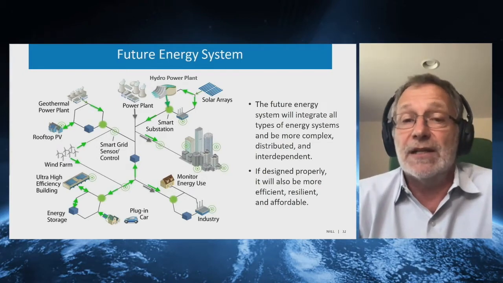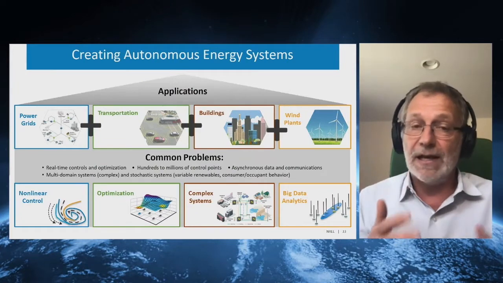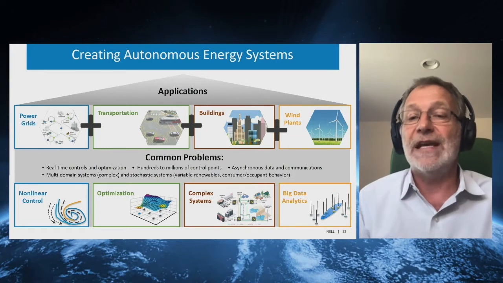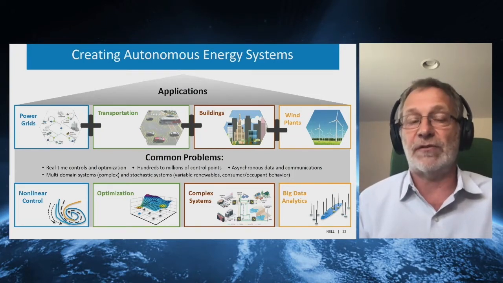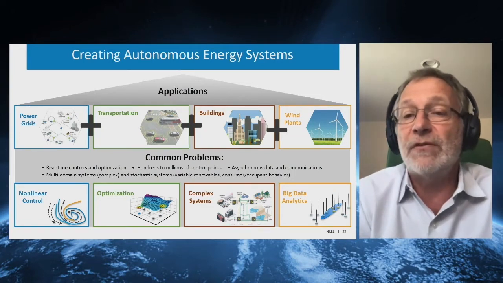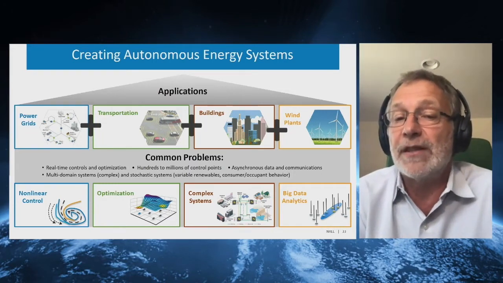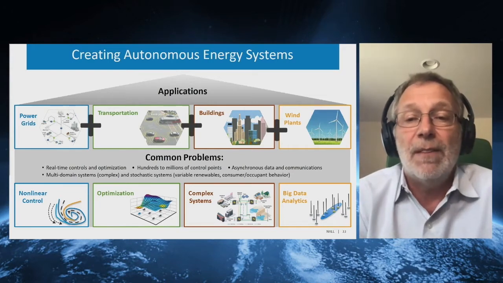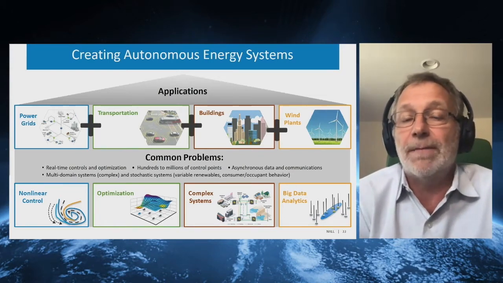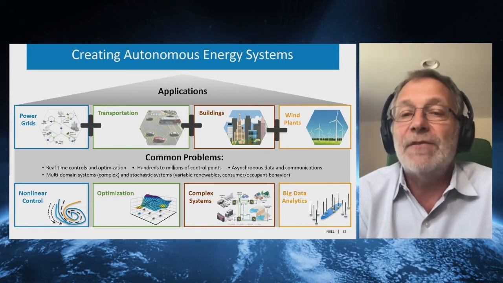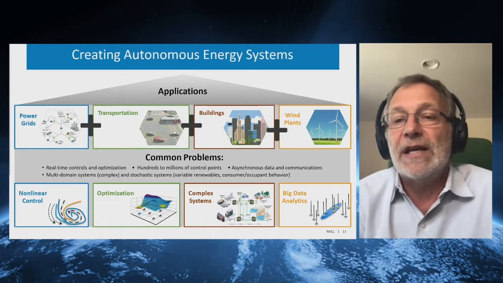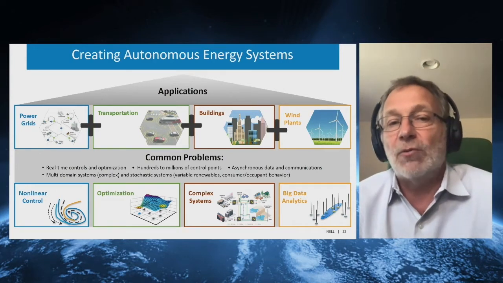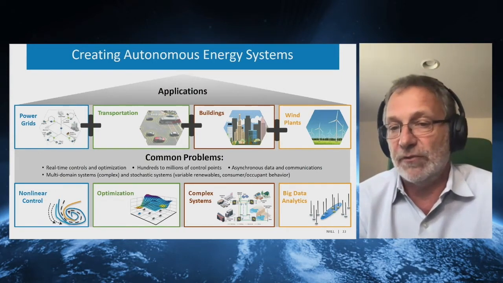And the question then is, how do you link all this together, and how do we control these very smart, interactive, interconnected energy systems of the future? And this is again where we feel that autonomous energy systems will play the major role. Not only in power grids, also in transportation, where smart cars will talk to each other, buildings will talk to each other, and even wind plants at a smaller scale where individual wind turbines will communicate with each other. So this is again what we call autonomous energy systems of the future.